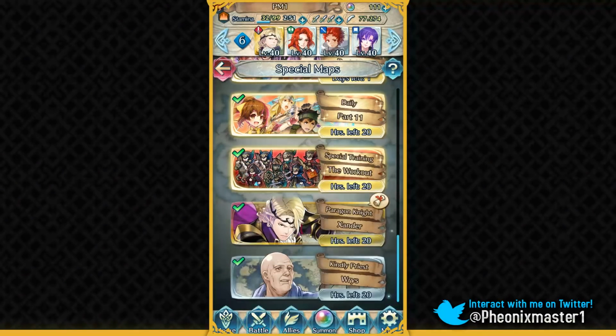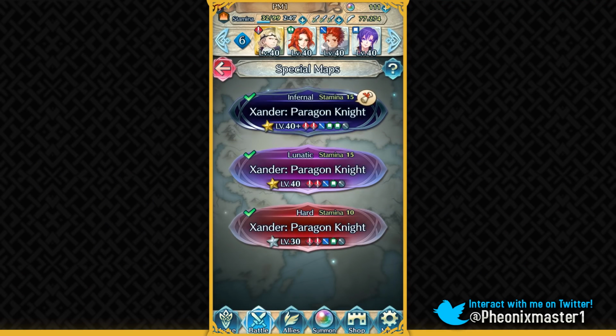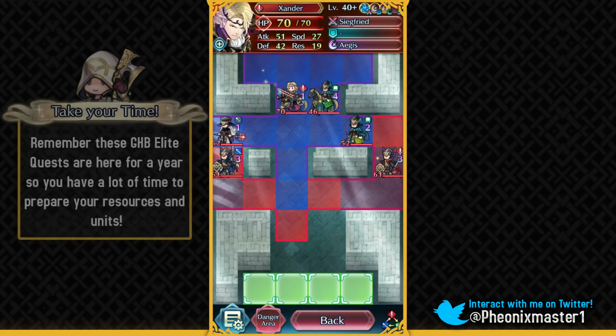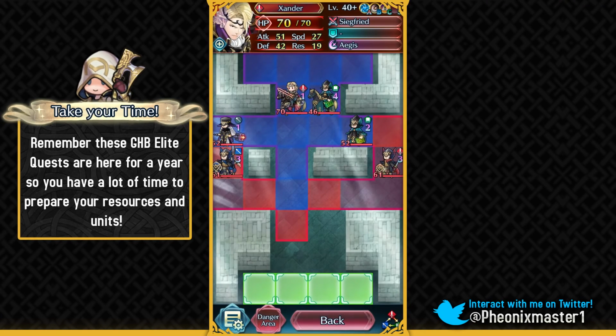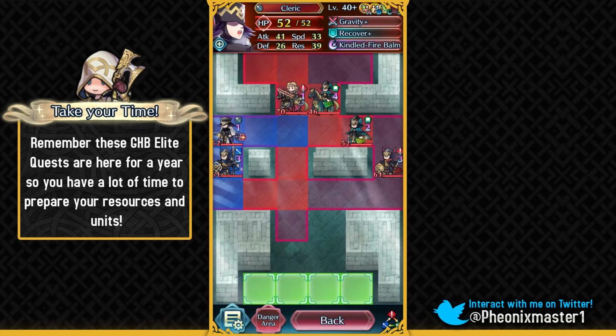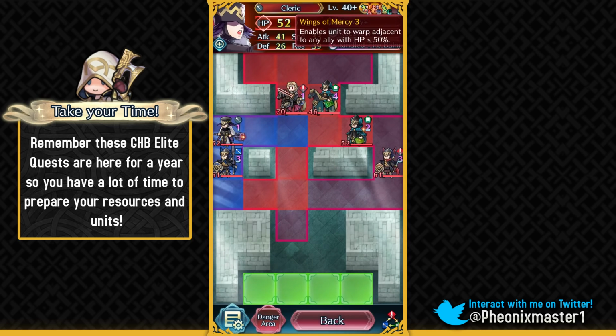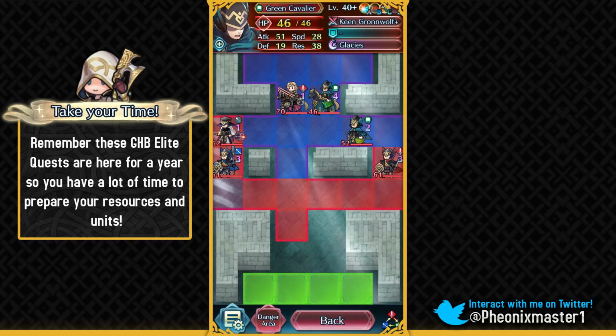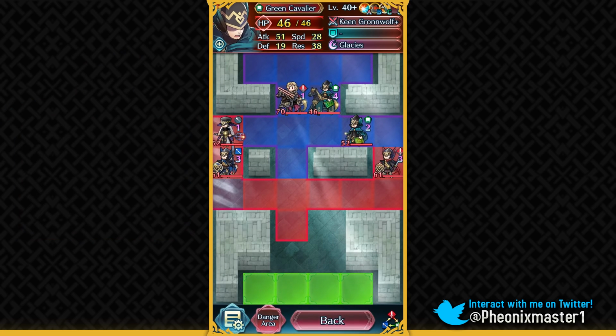So Xander's Grand Hero Battle, in my opinion, is the hardest one we have got in this rotation, and that's because of this map layout. You don't really have a lot of room to work with, and these two units pressure you a lot with their massive reach. Then we also have this Wings of Mercy Cleric who can just teleport and heal up any kind of weakened unit. So I'm going to be doing the Cavalry quest first, and the Cavalry quest is pretty hard because